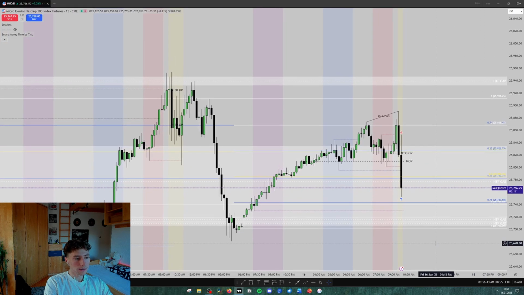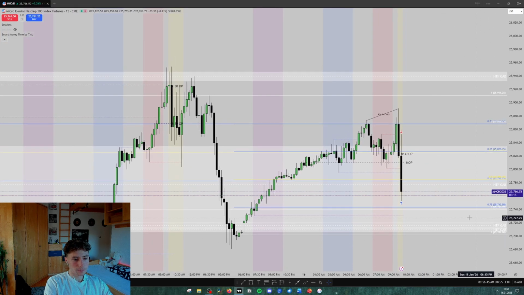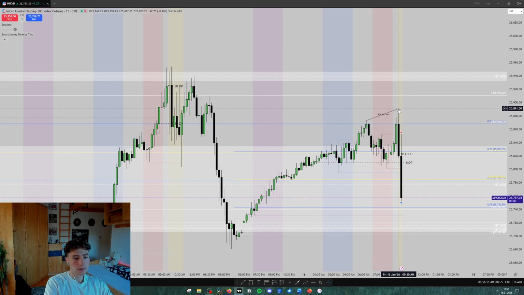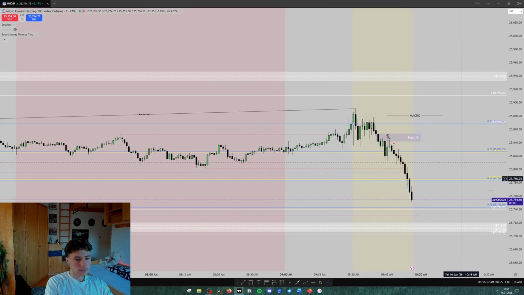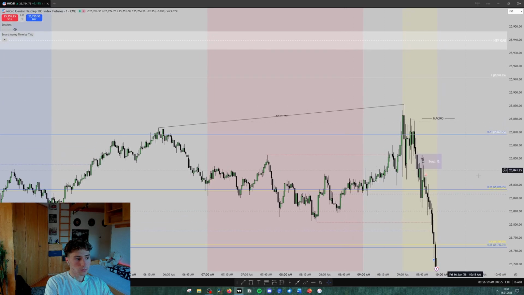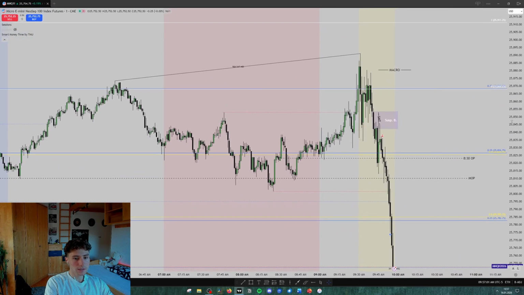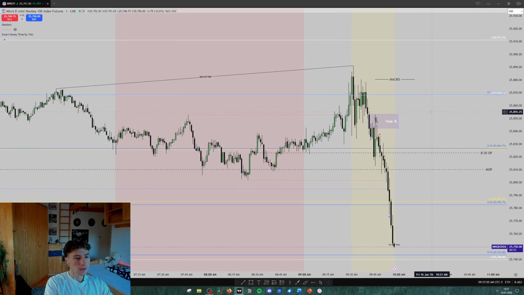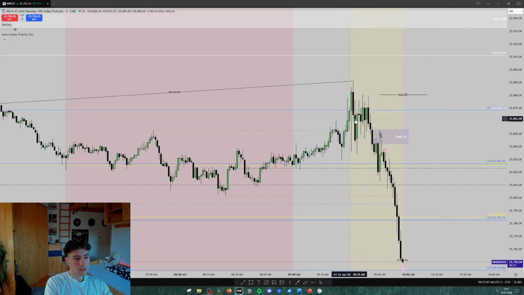What really was basically confirming my bearish bias is the fact that we have a higher time frame bearish SMT, or in that case a bullish SMT on NQ. But in that case, I'm really expecting lower prices, that basically NQ will follow ES lower. But I really don't want to participate in anything in here. So that's really messy. I want to basically let the market breathe a bit.